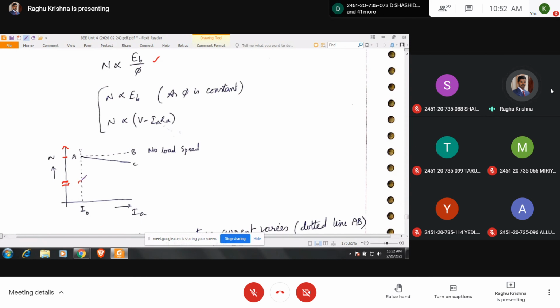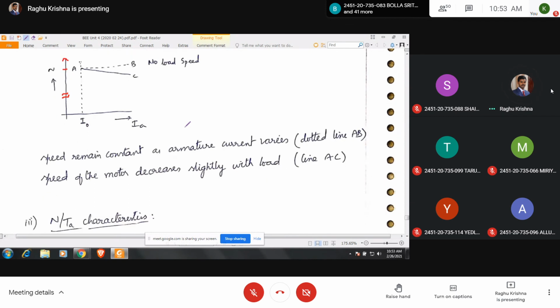Okay, I have taken a break point. So here we have a lot of values in between. To show the curve clearly, I have drawn it like this. Here there will be more values. So finally, the change in the speed is negligible. When the motor is loaded from no load to full load, the change in speed is negligible. So this shunt motor is treated as a constant speed motor.